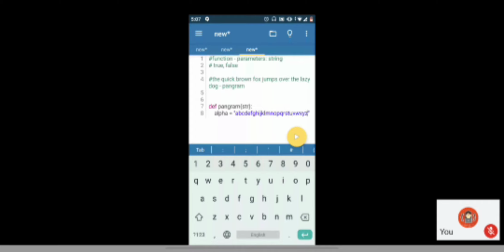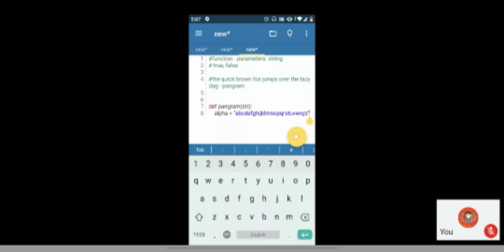Okay, so it contains all the letters in the English alphabet. So my string, this str string, is a pangram if all the letters present in this alpha string are present in str as well, right? If all the letters present in alpha string are present in str, which means all the letters of the English alphabets are present in the given string, and which means the string is a pangram, right? Clear, everyone?